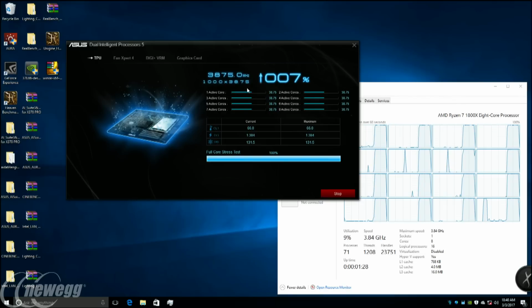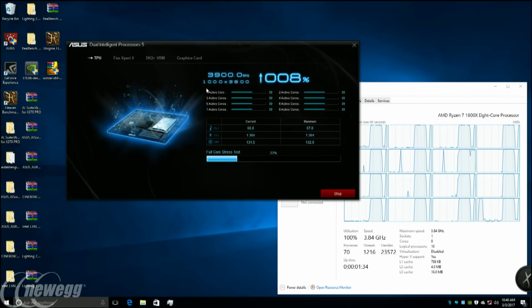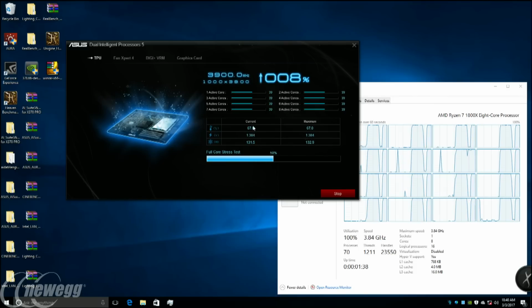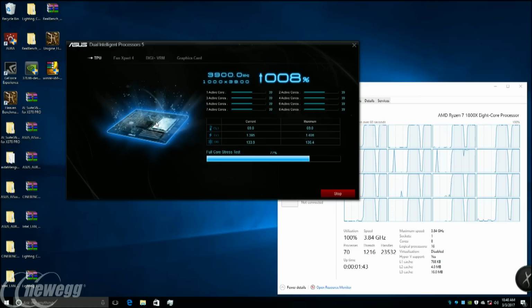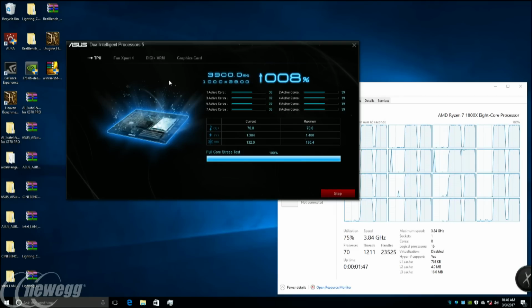But you can see as it's doing this, it looks so odd to see 8 cores going at once. Or 16 threads, yeah. That's crazy. So here we can see the frequency, and now we're at 3.9. And we report to you all the information, so the CPU temperature, the wattage, the voltage, all that is provided to you. So we pretty much just need to leave it doing its thing, and we're going to see what